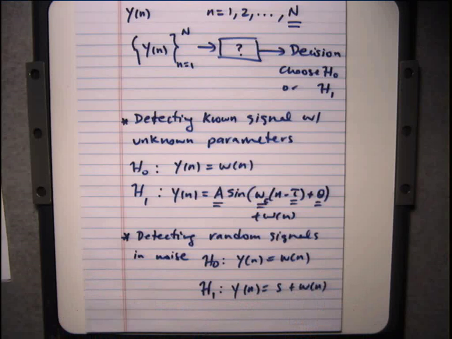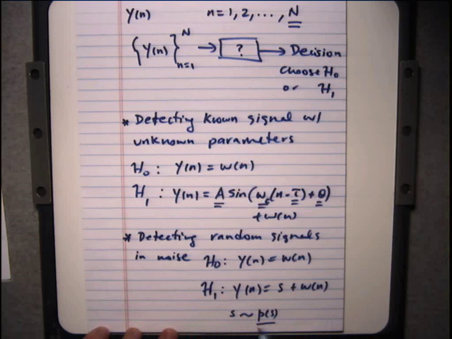Now the s that I'm showing you, before I wrote it as an A, which was a constant, but suppose s here is actually random. S is distributed according to some probability density function, p of s. Maybe I know the probability density of s, but I don't know the exact value of s. So s changes randomly. I don't know its exact value, but I know something aggregate about how it changes. This seems like a nearly impossible thing to do.